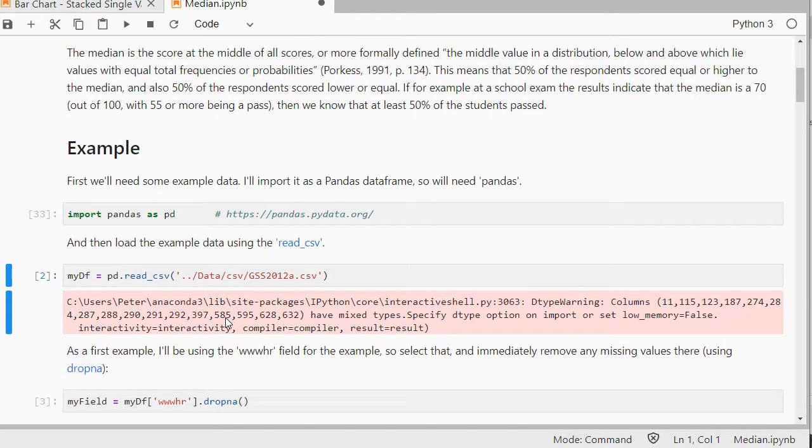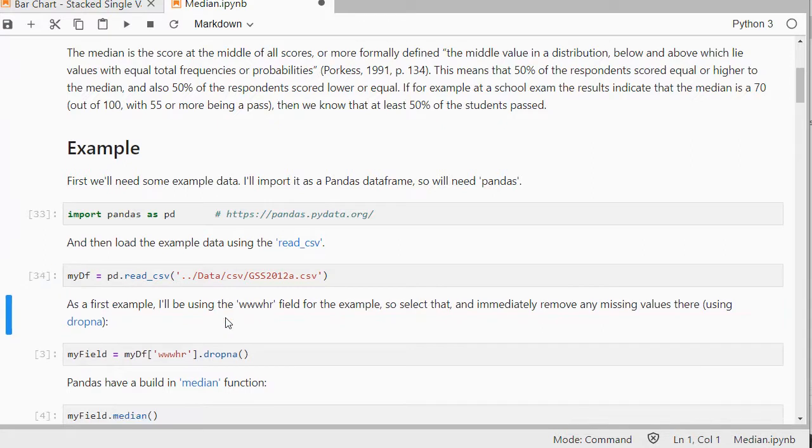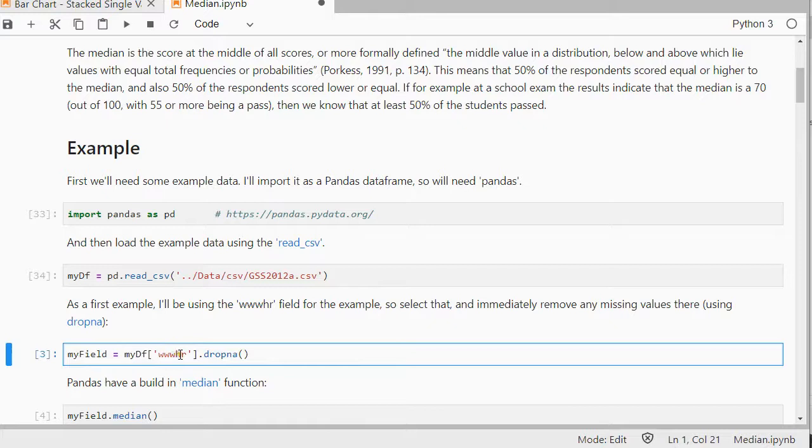And then I'm going to read a data file. It's a big one, so it might have a few errors in there. And what I'm going to select first is something about the World Wide Web, HR hours, so probably how many hours people spend on something. That's going to be the field I'm selecting because that's a numeric field,